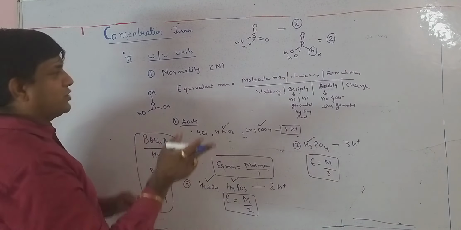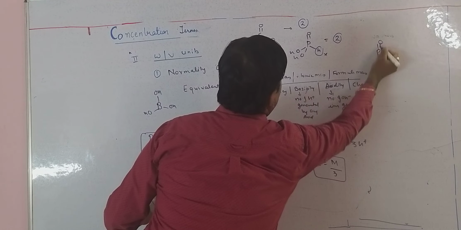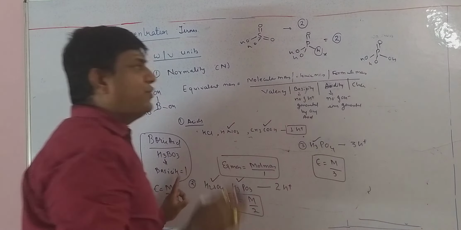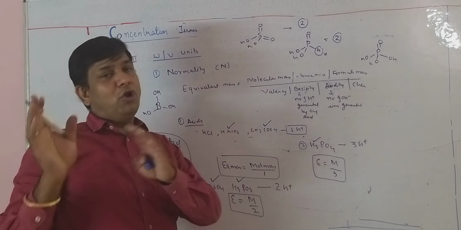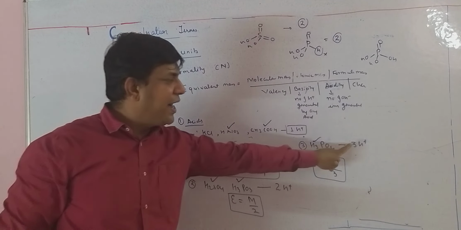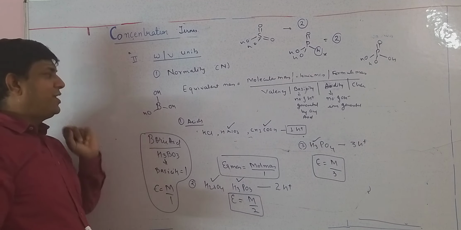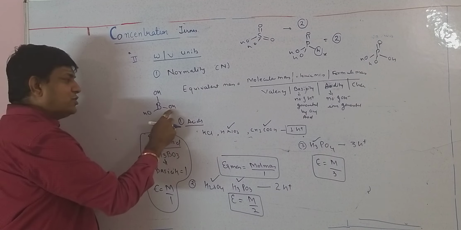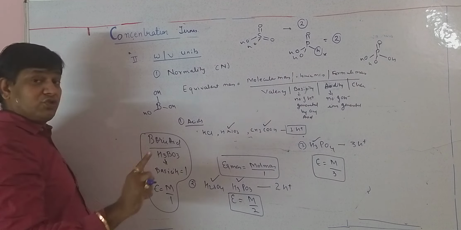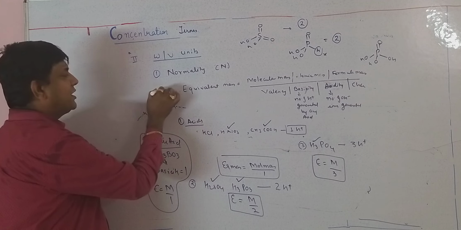Again we take the example of H3PO4: P double bond O, OH, OH and OH. Now in this case, all 3 hydrogens are bonded to oxygen. That's the reason why for H3PO4 I have written its basicity to be 3. Now in this case, although in boric acid hydrogen is bonded to oxygen, even then boric acid does not lose its own H plus ion. Why? Because it has a 3D giant structure in which the hydrogen